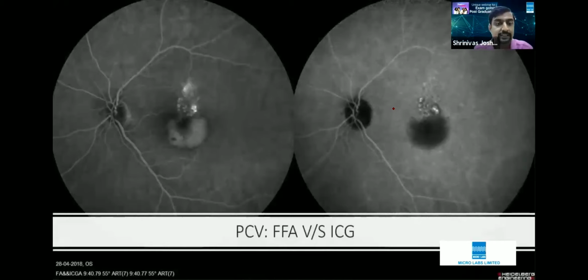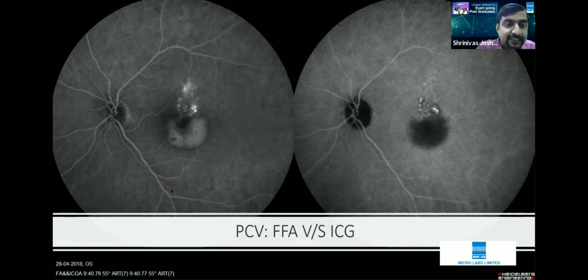So coming to this, what is this? This is again a fluorescein angiograph of the left eye, where you can definitely see it's a late phase, but this is a case of PED. You can see the pooling of the dye in the PED, which looks hyperfluorescent. Whereas in the ICG, you can see this is a jet black disc. You can see the choroidal vessels also being prominent, which definitely means it's an ICG. And PED always looks hypocyanescent or hypofluorescent on ICG.